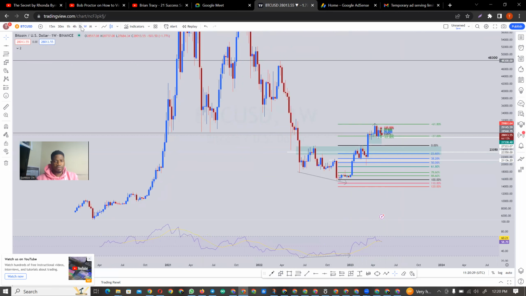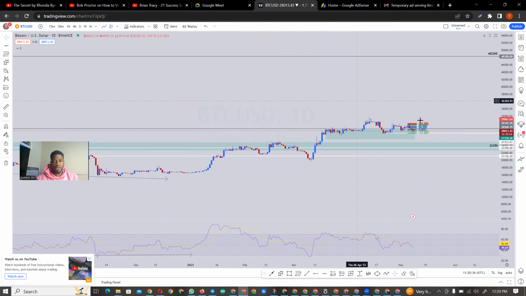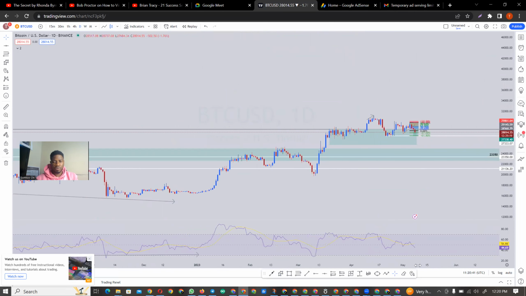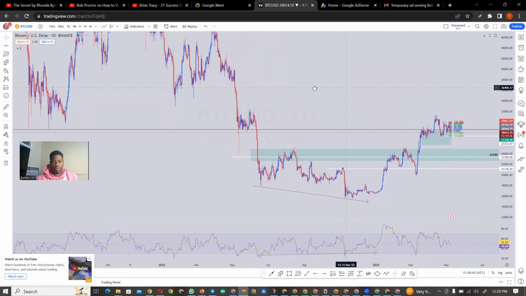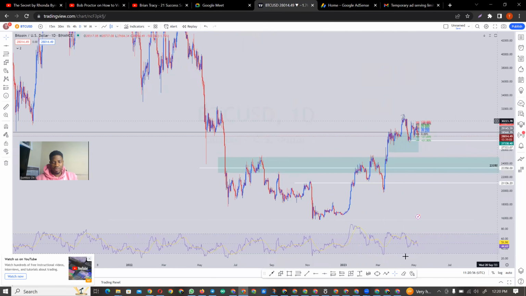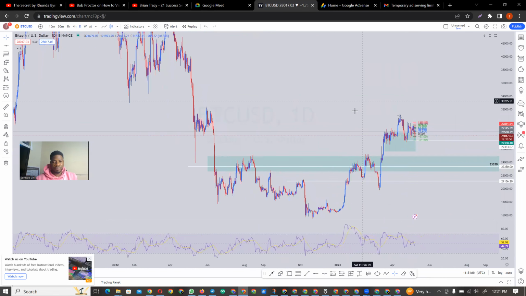So on the daily time frame, let me delete that Fibonacci now because I don't need it anymore. What I use weekly, monthly and all these higher time frames for is to check market direction. During this divergence, I don't need it anymore, so I will just delete them. Analysis is done on the higher time frame. Some people normally use analysis to enter a trade. Analysis will only show you market direction.